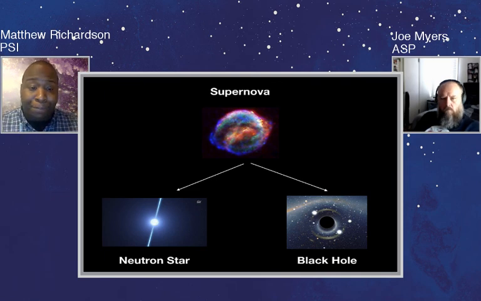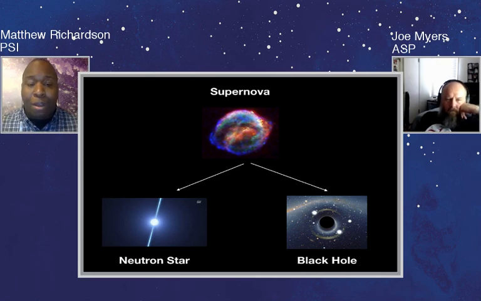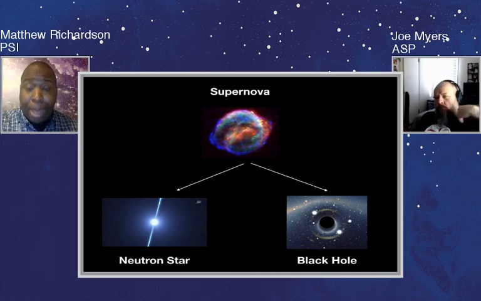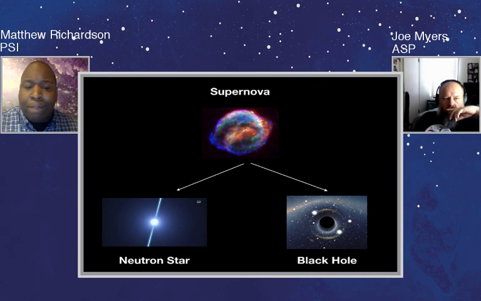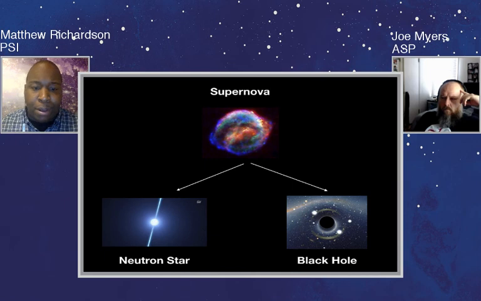And as a result of this supernova, we can end up with one of two types of stellar objects. This again will depend upon the mass of the main sequence star that produced the supernova. If I'm remembering correctly, I think when you have masses above 8 solar masses, you are in the regime where you can begin to produce neutron stars. And once you have masses somewhere, I believe, above 20 solar masses, you can start to produce more compact objects, specifically a black hole.